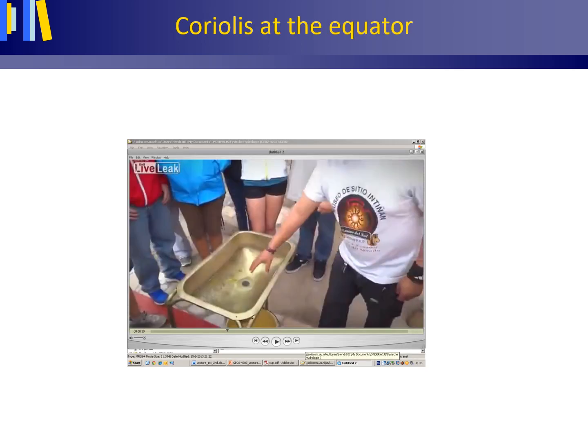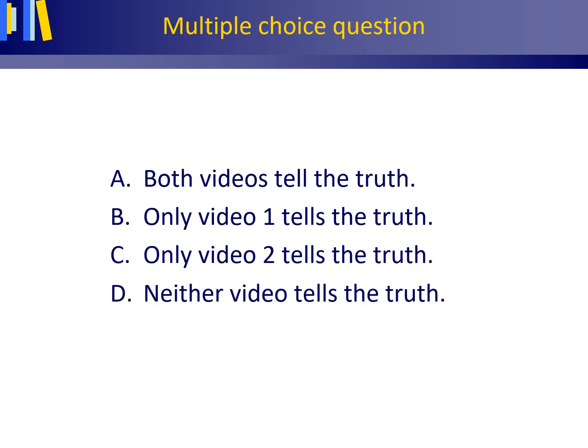I also asked the Utrecht University students to look at the two Coriolis effect videos at the equator on Blackboard, and you can or should have questioned yourself the following. A. Both videos tell the truth. B. Only video 1 tells the truth. C. Only video 2 tells the truth. D. Neither video tells the truth. The answer or major conclusion to be drawn will be provided on Blackboard, but after attending this lecture, you hopefully will know what the right answer should be.